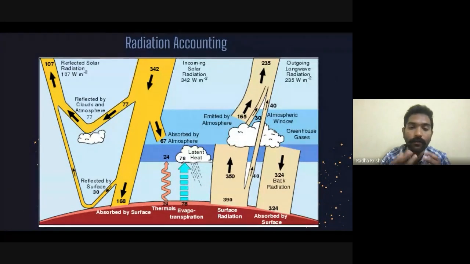The next component of heating that the atmosphere gets is evapotranspiration. Evapotranspiration is basically evaporation and transpiration combined. Evaporation is when water molecules get converted into gas and heat up the atmosphere above, and transpiration is the water molecules coming from the plants, right, that are getting into gas and heating the atmosphere above. So these are some things that